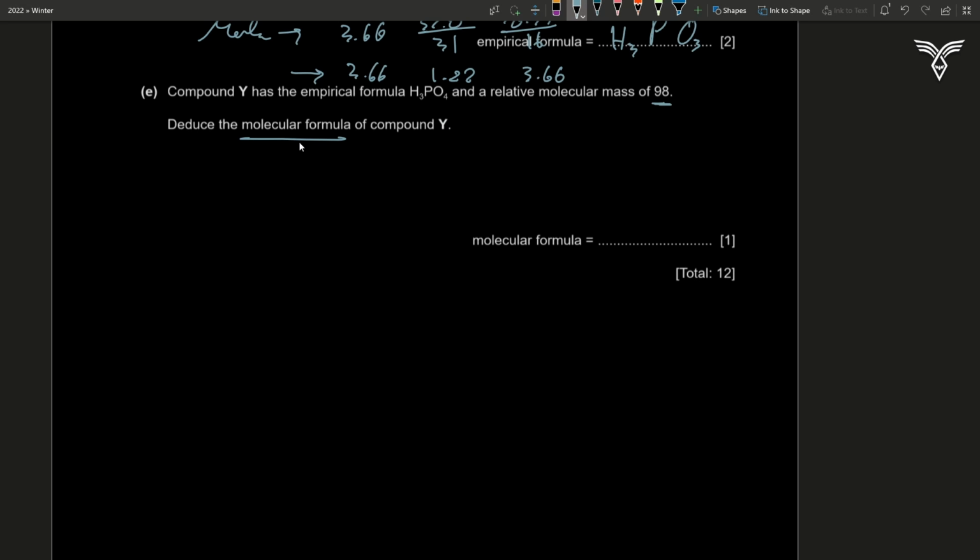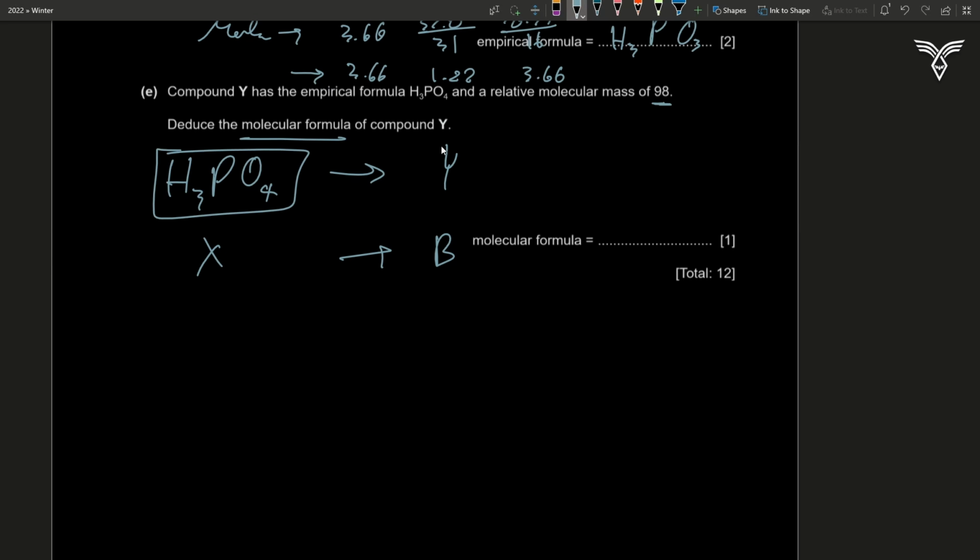حلو. هو مديك الامبيريكال فورمولا اهي، مثلا H3PO4 وعندها a mass of X. لما تبقى كومباوند Y هيكون عندها a mass of مثلا B. فزي ما ال Y is a multiple of the empirical formula، يبقى B is a multiple of the mass X. حلو جميل زي الفل. أنا دلوقتي عارف إن B ب 98،